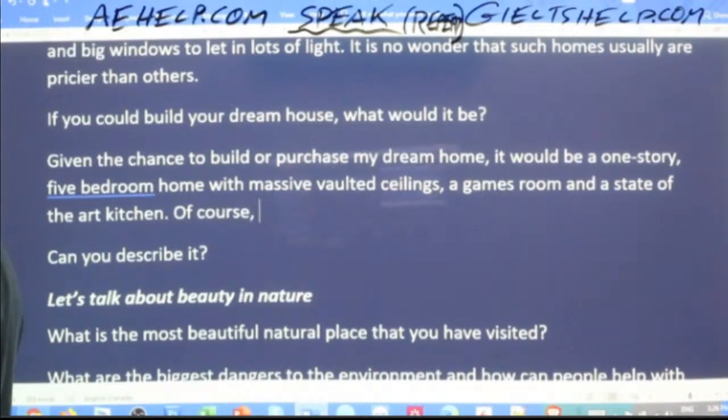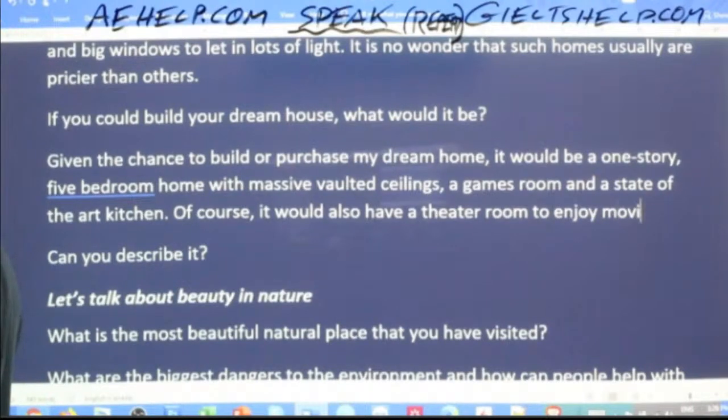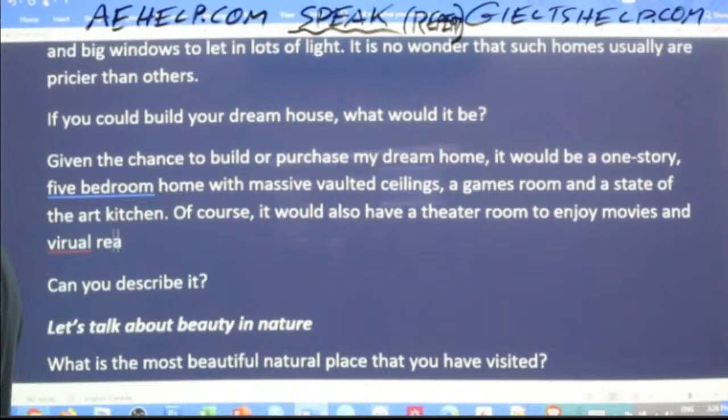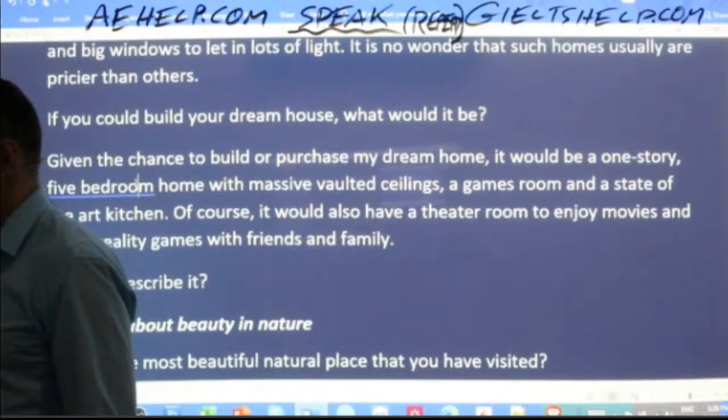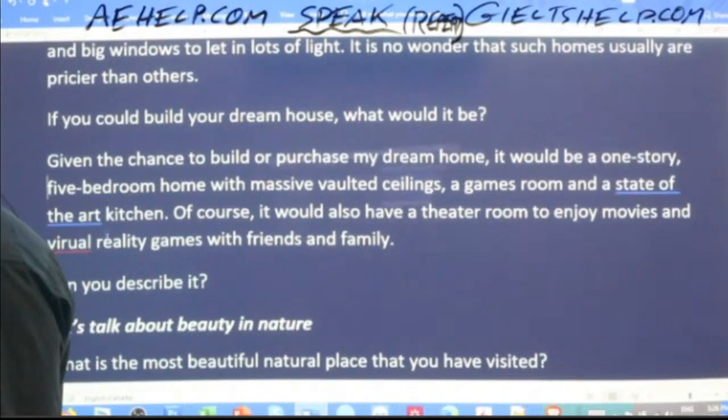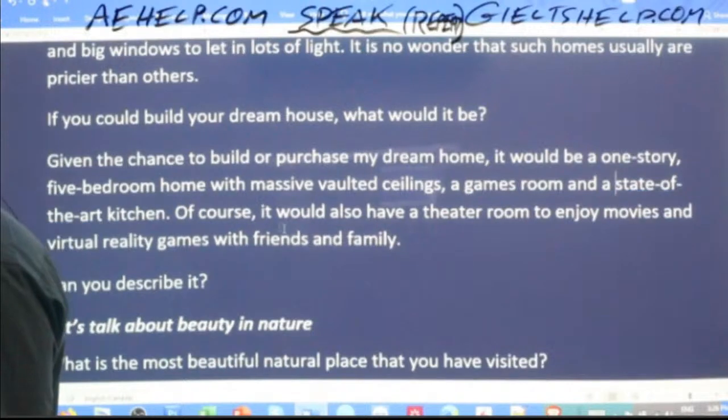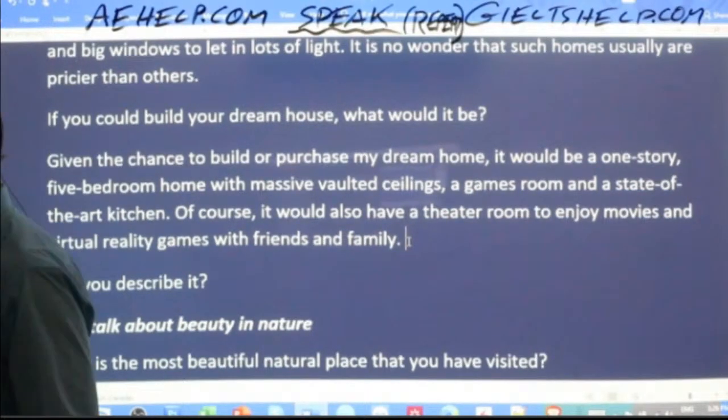Of course, it would also have a theater room to enjoy movies and virtual reality games with friends and family. All right. So this is my concept of a dream home. I don't need it to be made of gold or flying in the sky. Just the things I need for my own hobbies and luxuries.